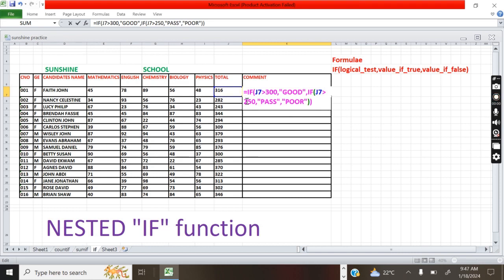Now, if we look at our condition, we have if the mark is greater than 300, let the comment be good. If it's greater than 250, let it be pass. Otherwise, or else, let it give poor. Okay, let's see what we get. We get good. Okay, now to get the comment on the other remaining part, you only need to drag on this part, or rather we can write maybe another